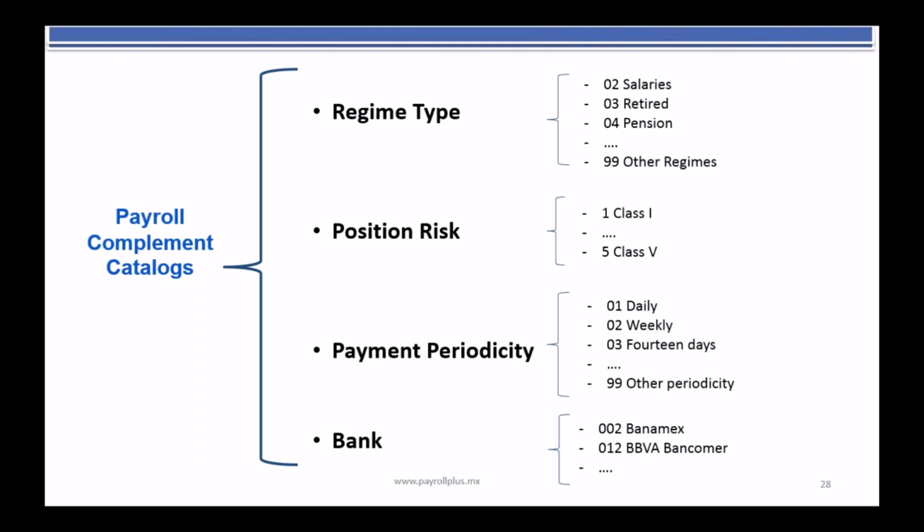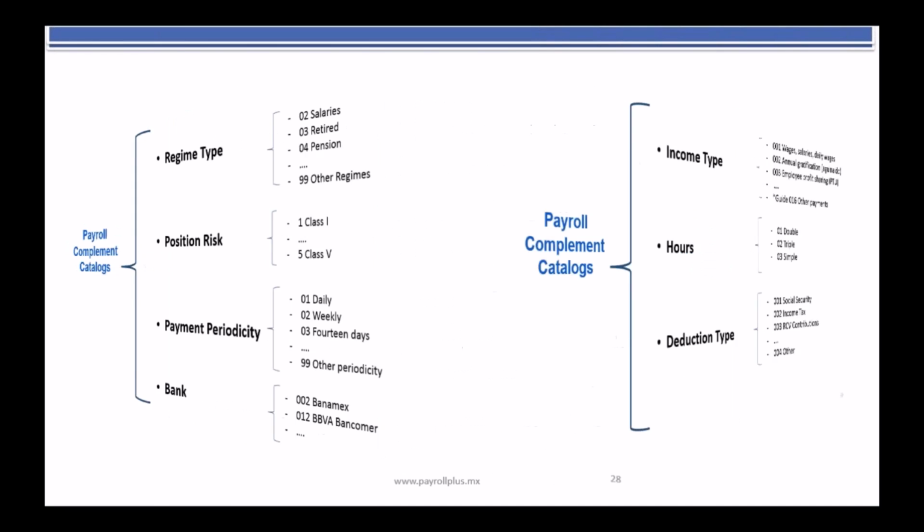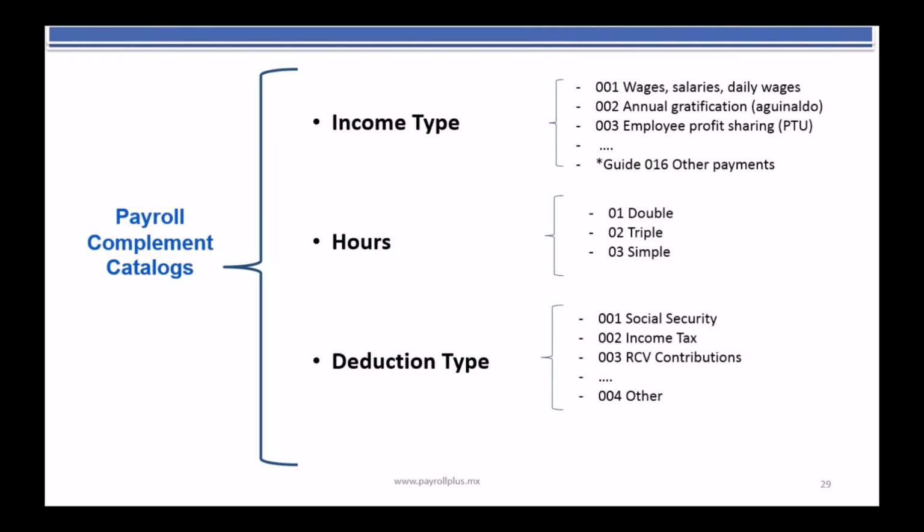Then we have the bank catalog, which remained without changes and is just to specify the bank institution at which you are making the payment for salaries. Then we have income type, which is an amended catalog,